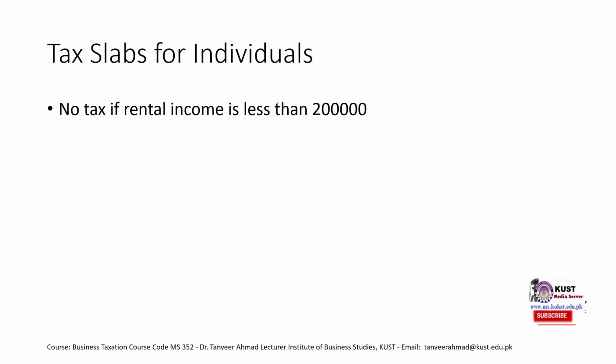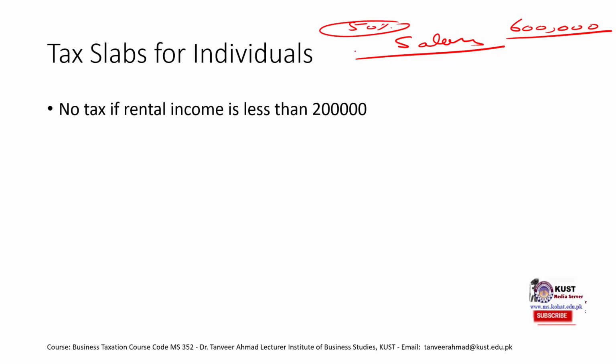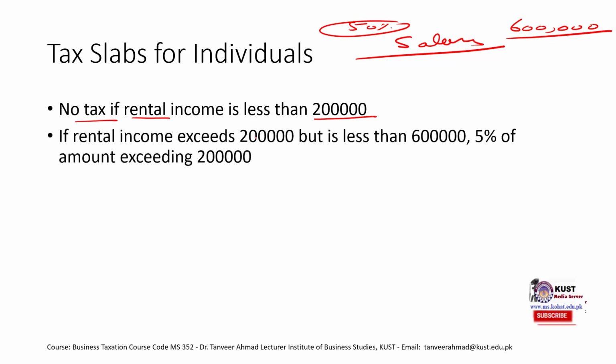So these are the different slabs that are there. As we saw in case of salary, we had different slabs, and nowadays the minimum salary that is taxable is above 6 lakh rupees. So till 6 lakh rupees, if it is income from salary, that would not be taxed. But in case of rental income, if it is less than 2 lakh rupees per year, then there would be no taxes. But if it is greater than 2 lakh rupees but less than 6 lakh rupees,